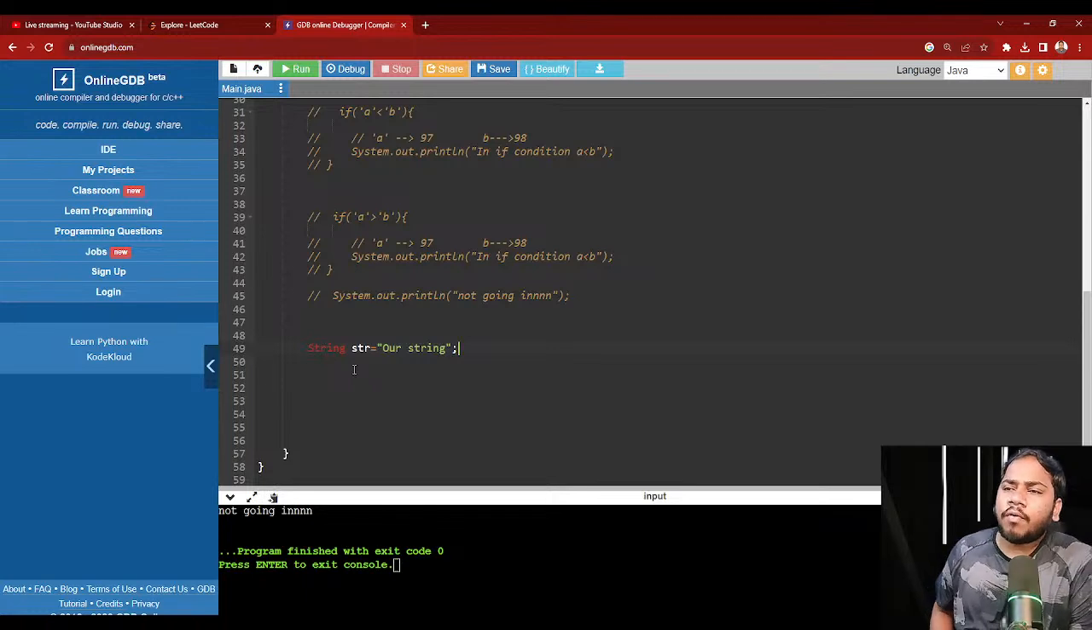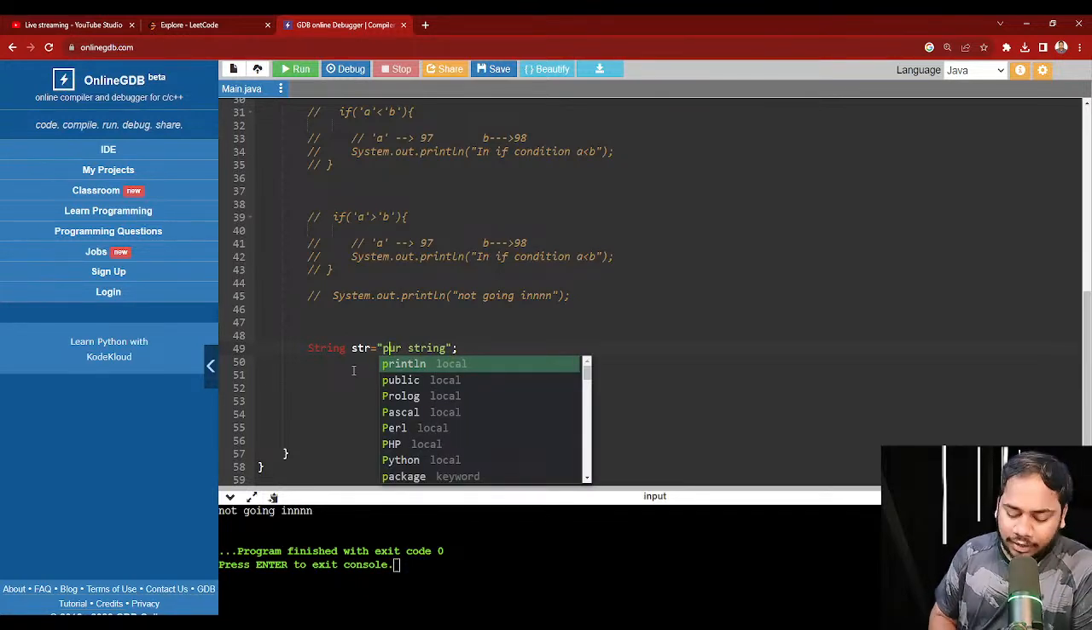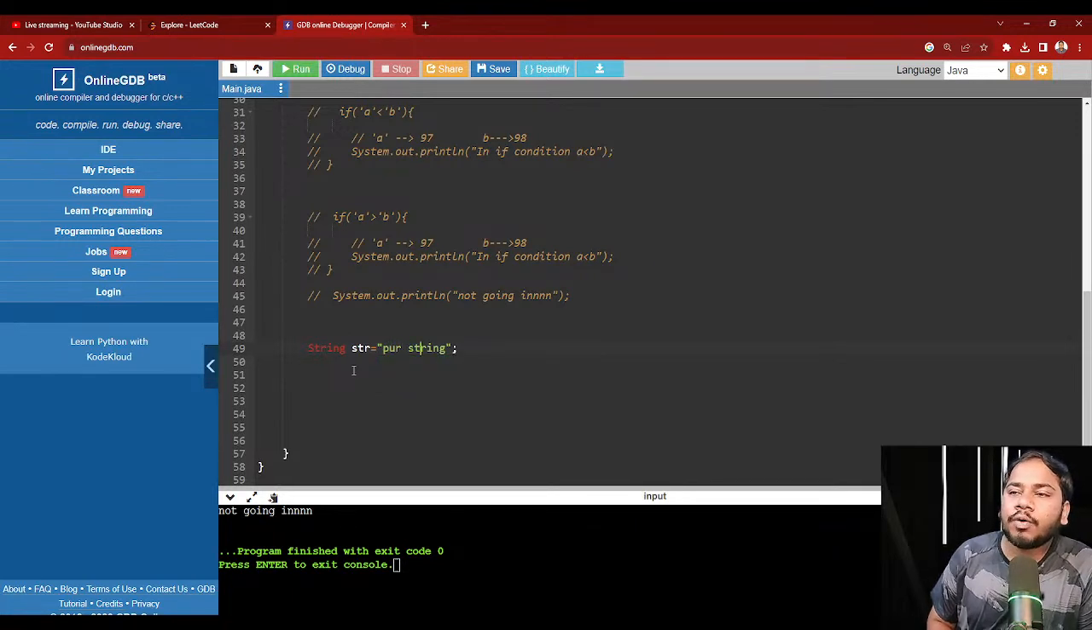Now what we want is to make this our string. When we were writing our string, we wrote it by mistake as purstring. And now we don't want to go and change that manually. So as you have already told,